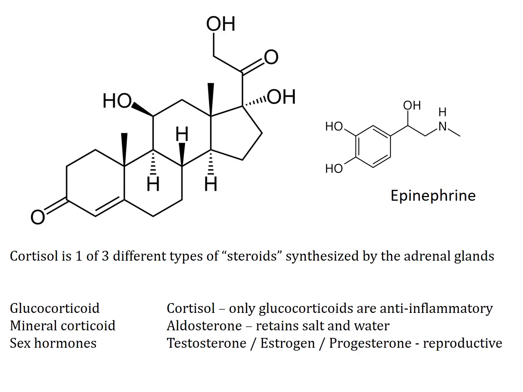Within the cortex, we are synthesizing and releasing steroid hormones. Now, gonads, testes, and ovaries also synthesize and release steroid hormones. But the gonads are under the control of a different axis. They're under the control of FSH and LH. We're going to leave that alone. The adrenal cortex is under the hypothalamic pituitary control of ACTH. So ACTH is going to stimulate the adrenal cortex to synthesize and release these steroid hormones.